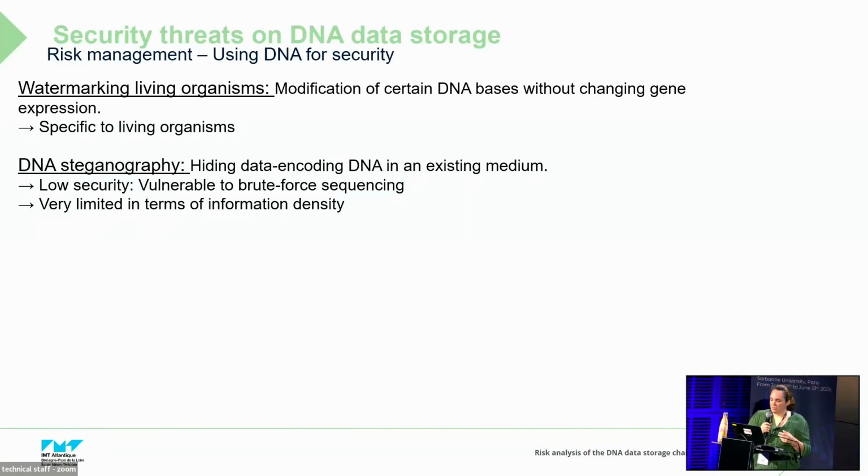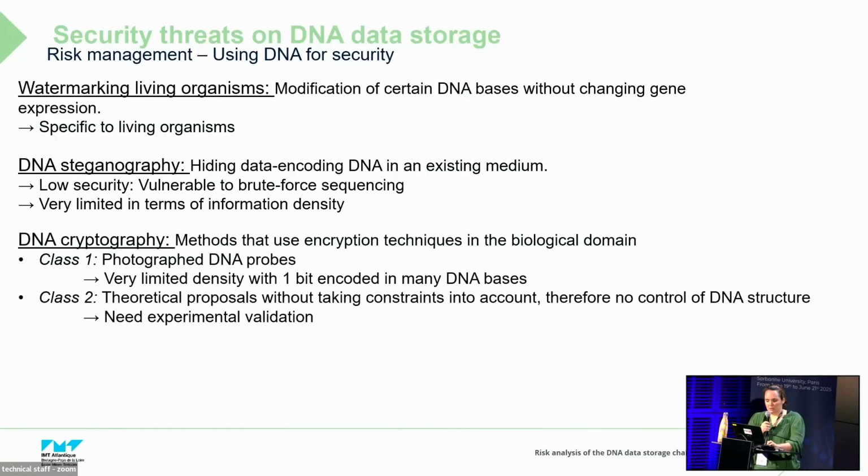So this greatly limits the density of stored information. And finally, DNA cryptography is a field in which encryption techniques are presented in the biological domain. So they fall into 2 classes, either with very limited density or are theoretical proposals that need an experimental validation, and that could be difficult to apply